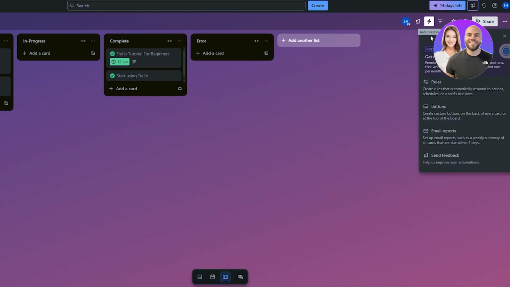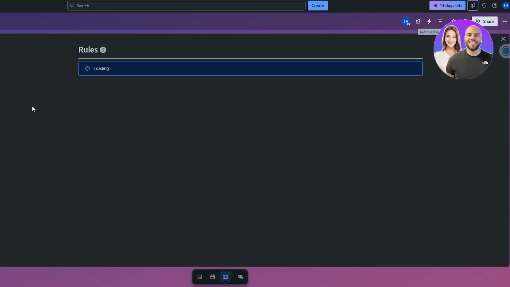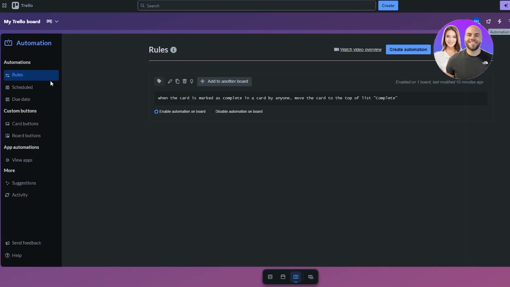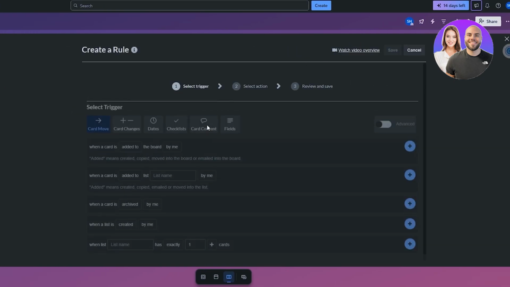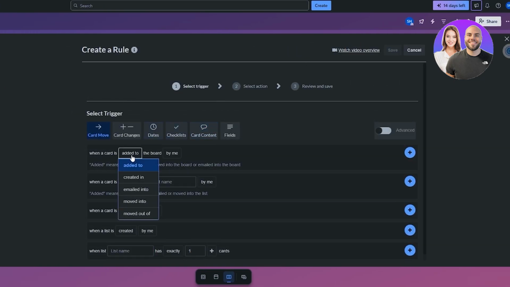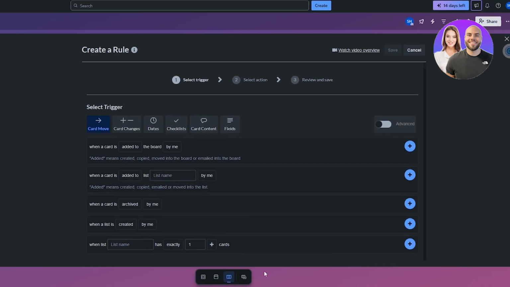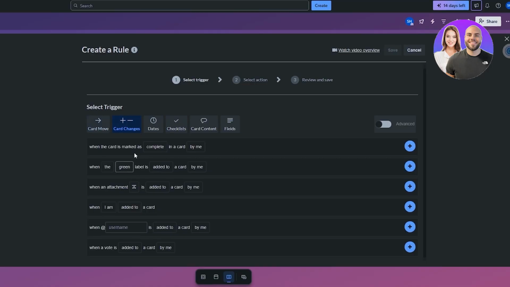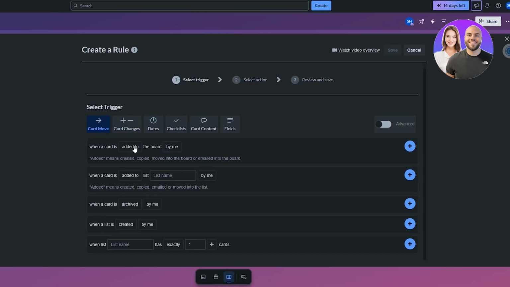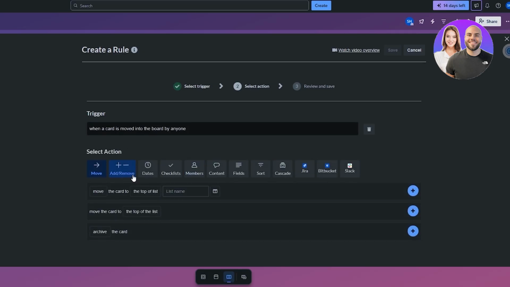So we come over here onto automations, go into rules. Here we've got some rules that are available over here, and then here we can create automations, select trigger. So we already did this card when a card is added to board or moved out, stuff like that. So these are the ones that we can create when a card is marked. We already did this. So let's do this. When a card is added to by anyone, right? Or actually we'll go with moved into the board by anyone. Click on plus, and then